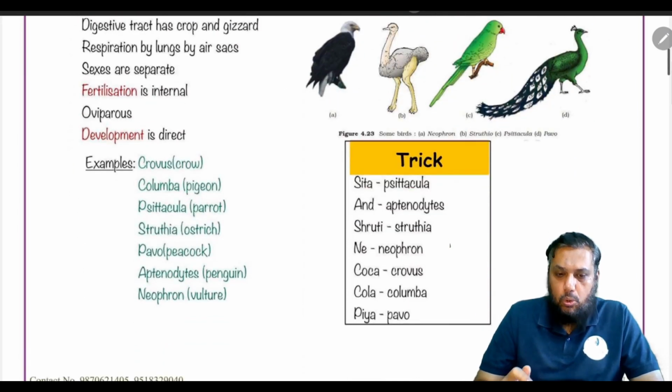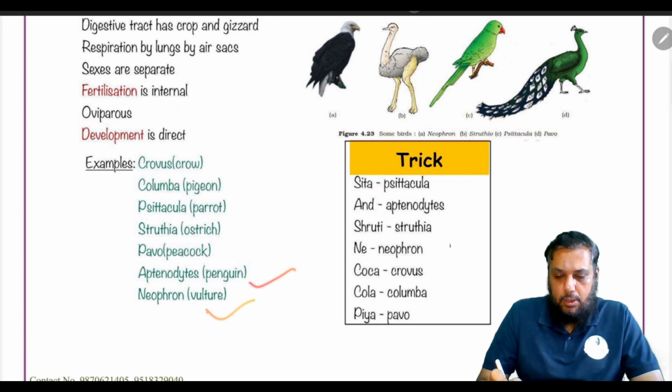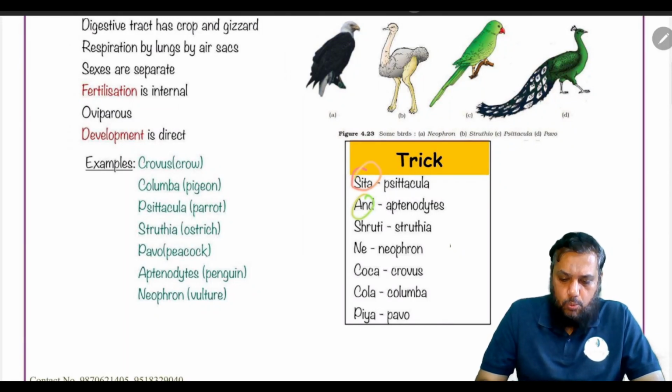Their examples include Corvus, crow, Columba, pigeon, Psittacula, parrot, Struthio, ostrich, Pavo, peacock, Aptenodytes, penguin, Neophron, that is vulture. ट्रिक है, अच्छा वाला ट्रिक है, देखो सीता एंड श्रुति ने कोको कोला पिया, दैट इज साइटिकुला, एप्टोडोनाइट्स, स्ट्रूथियो, नियोफ्रॉन, क्रोवस, कोलंबा एंड पावो।